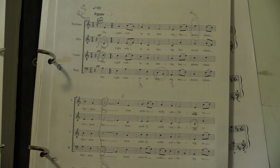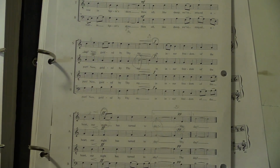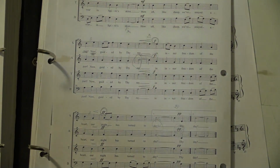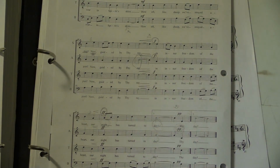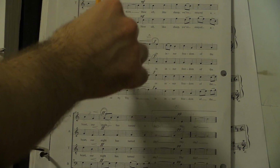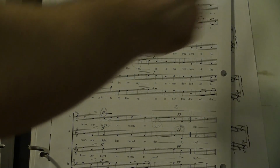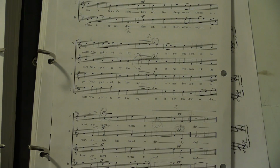From earthly walls confining to soar in spirit skies. So you'll notice spirit skies does not go down. It stays because we're soaring in spirit skies. Similarly, to soar in, we have that same graceful thing. But here, circle soar because we're soaring. Think about your voice soaring. And to soar in spirit